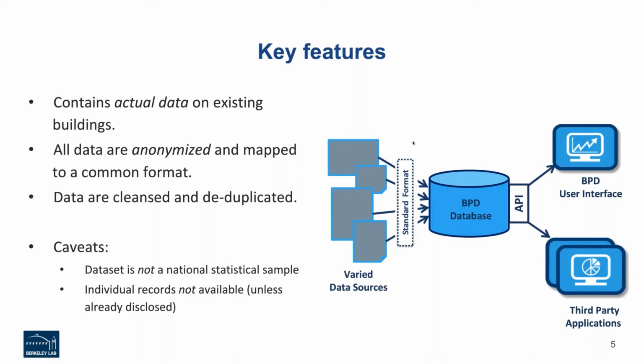The diagram on the right shows you the overall structure. It's fairly straightforward, conceptually anyway. We have these varied data sources, and they really are very varied. They're in all kinds of different formats, different ranges of data, different data definitions, and so on. So the first significant task is to map them all to a standard common format. And often, by the way, when we do that, we lose about 20% of the data records just because of ambiguities and so on. And then they run through our cleansing rules, and we put them in the BPD,